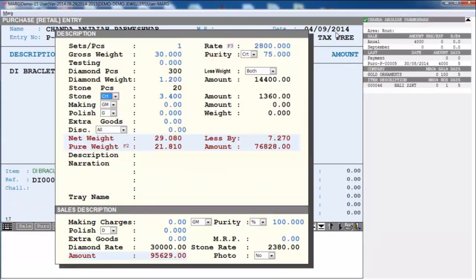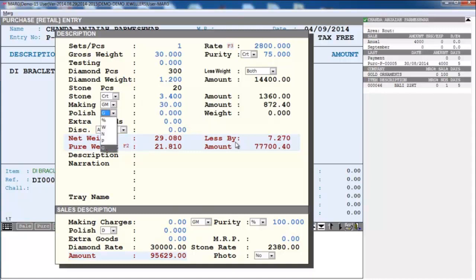Next option is stone. And here you can calculate it in rati, carat or gram, which becomes the net weight after deduction from gross weight. So we select from here carat. Now here we taken carat for stone and diamond, and here you can see the net weight which we have after deducting both weights from gross is 29.080. After this, here you will specify making, which is applied by supplier, like 30 rupees per gram.